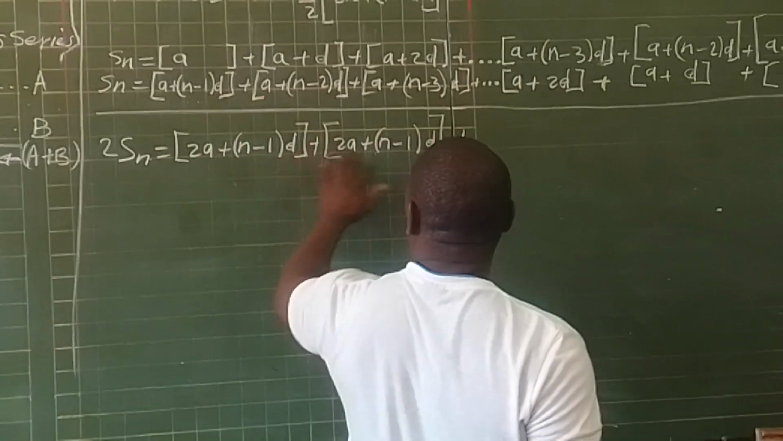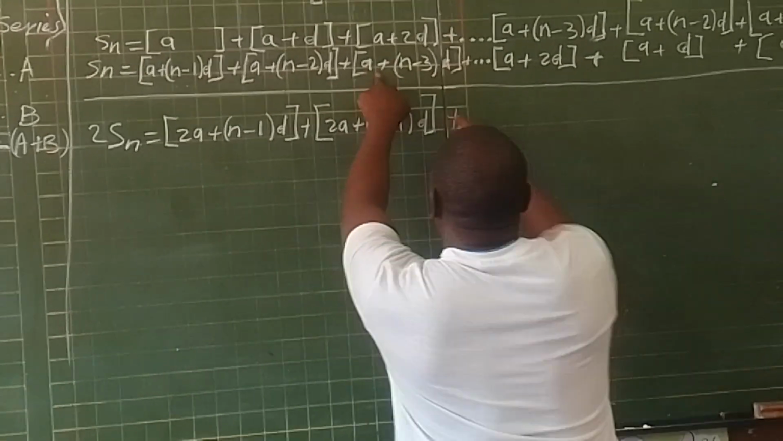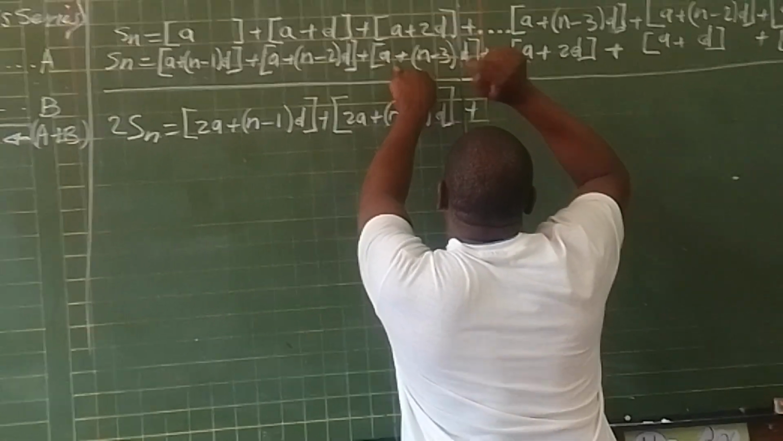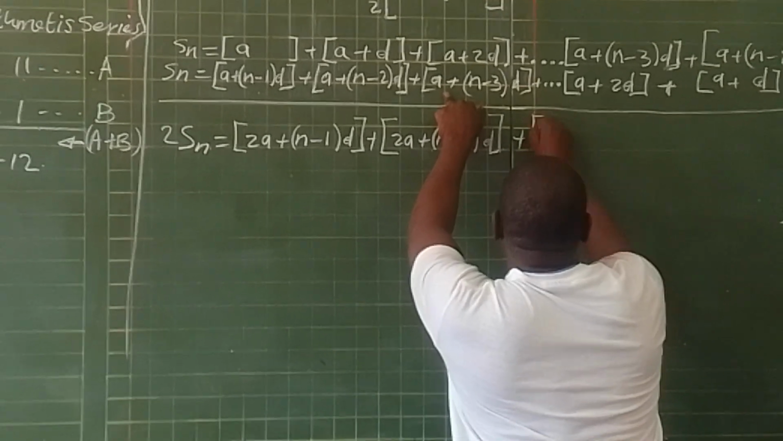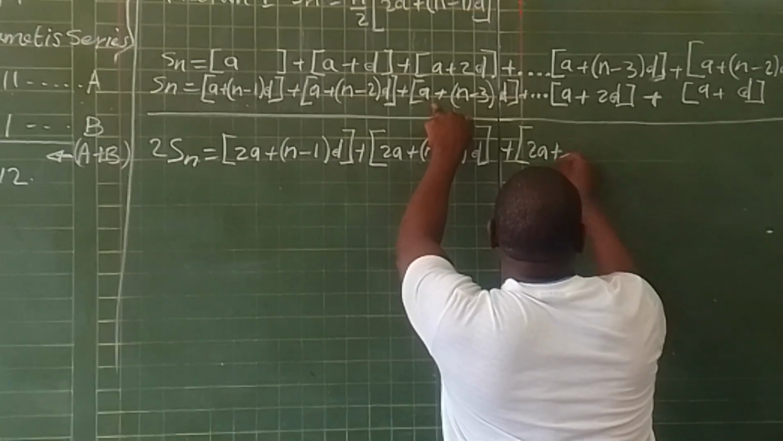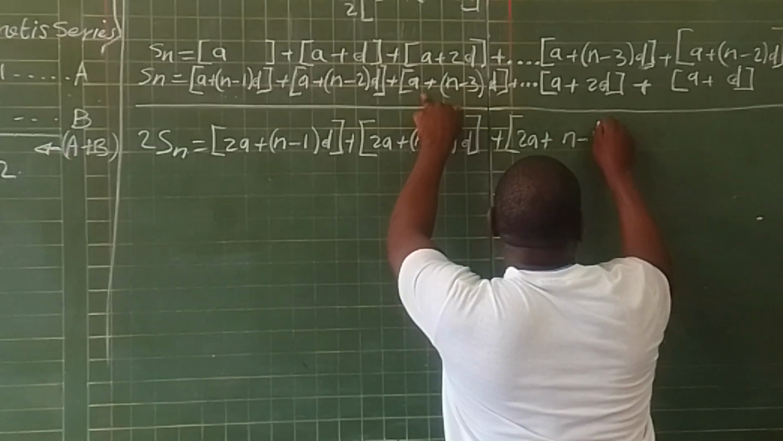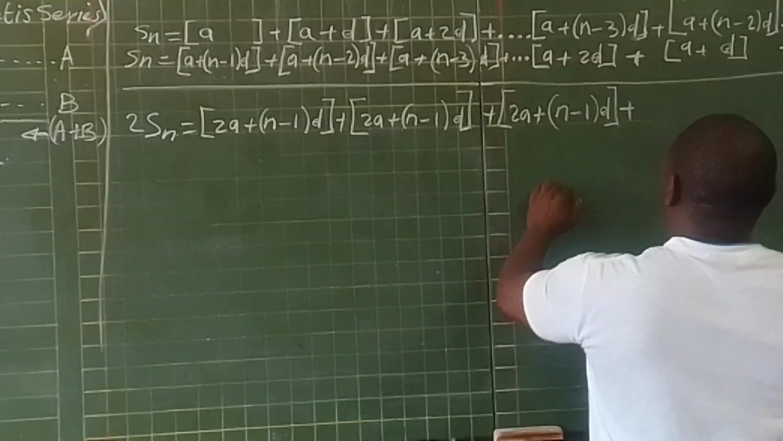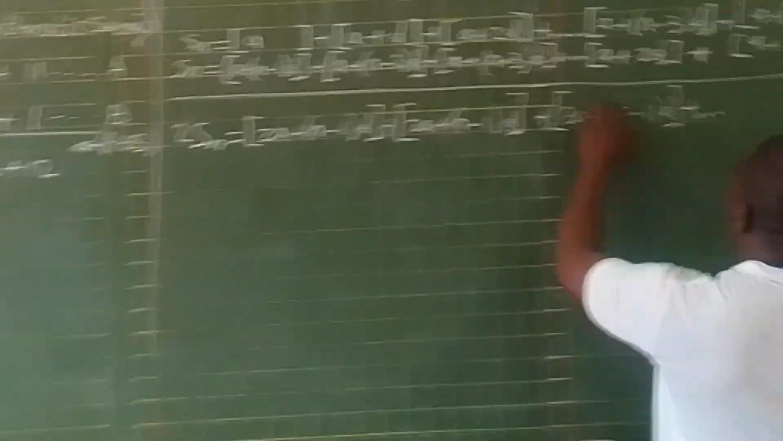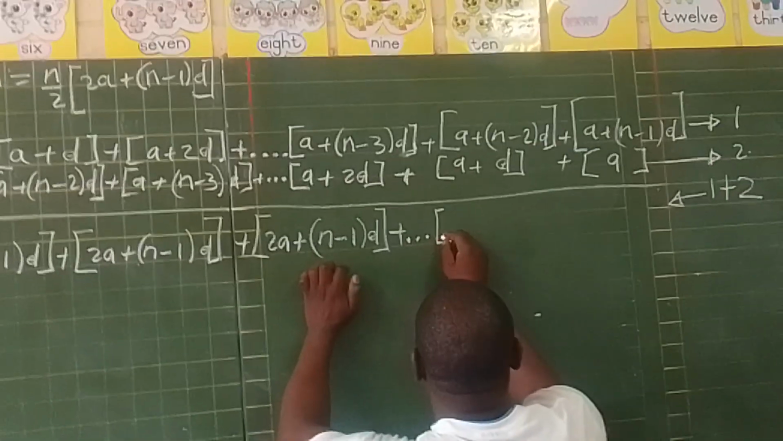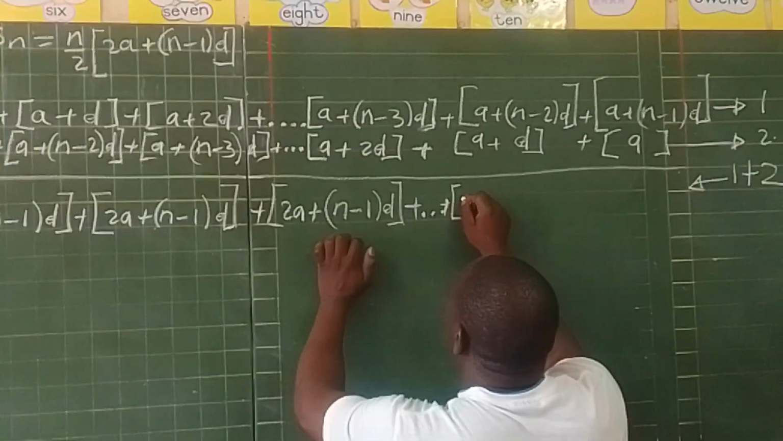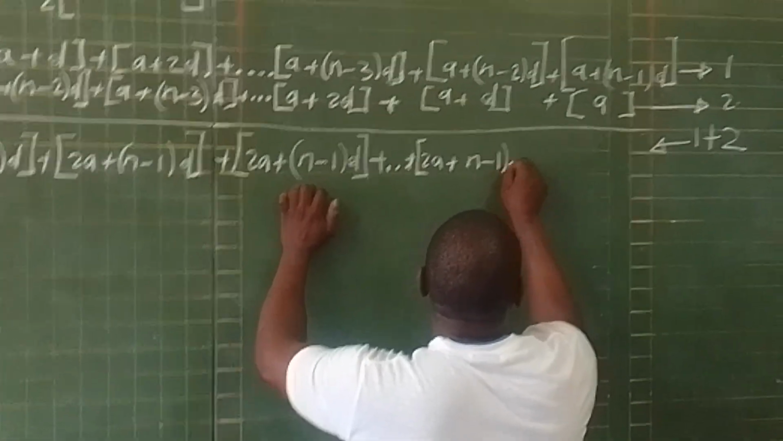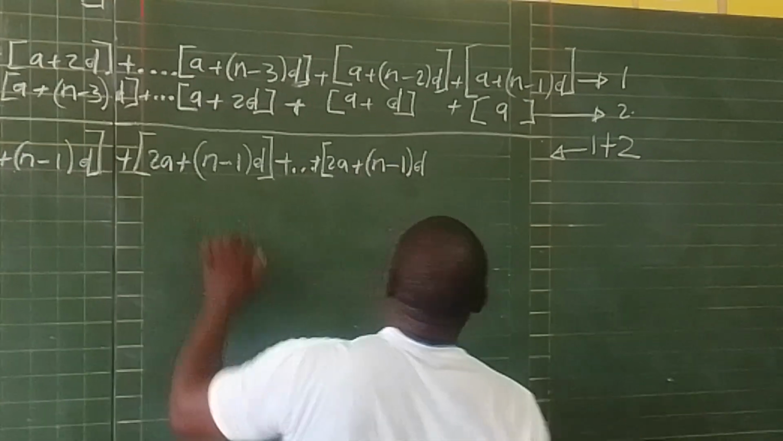plus, now you come to the third one, this is the third one, n minus 3d plus 2d, which is the same as 2a first, then you say n minus 1d, plus a and a, get 2a plus n minus 1d,